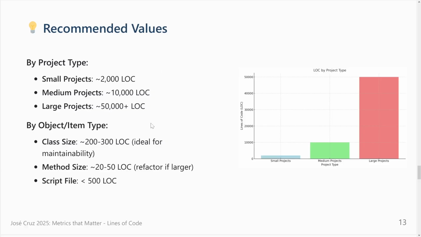So, recommended values, okay, take this, let's say 50-50, but usually small projects have 2,000 lines of code, medium projects 10,000, large projects 50,000. Of course, this is just for regular projects. I once worked in a bank, our project had 1 million lines. It was a legacy project we were refactoring and splitting into around 30 modules, so it would probably match large projects. Maybe ours were just gigantic.